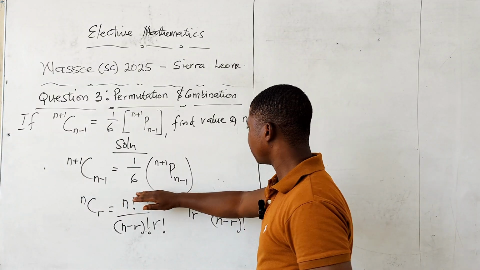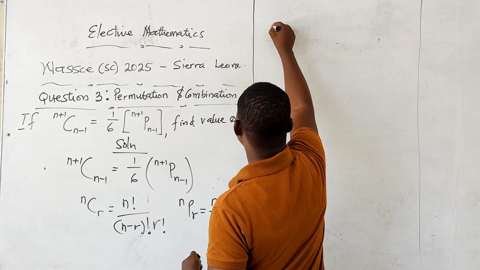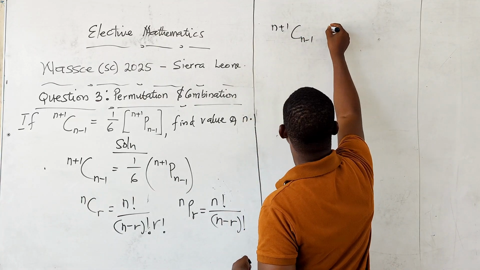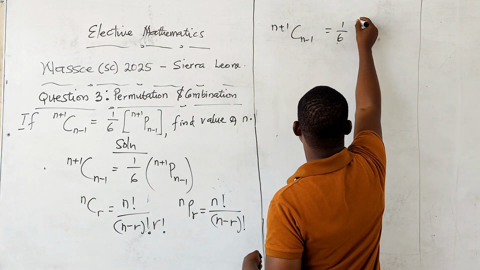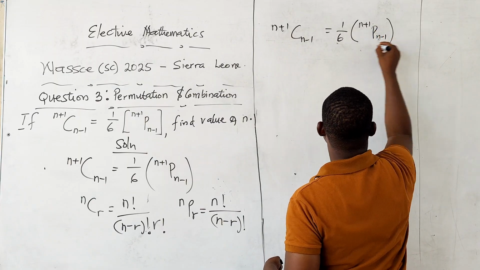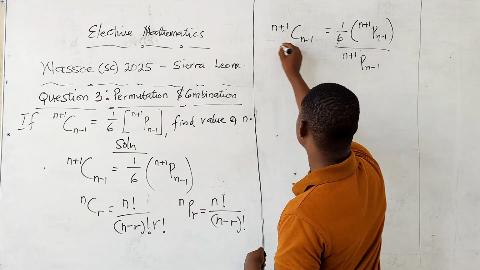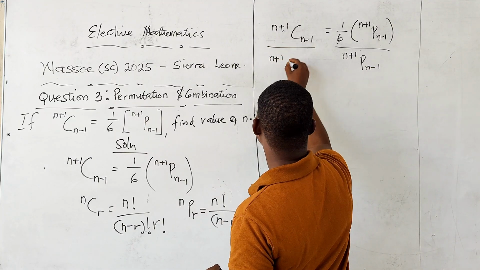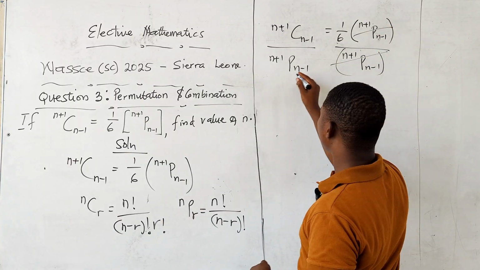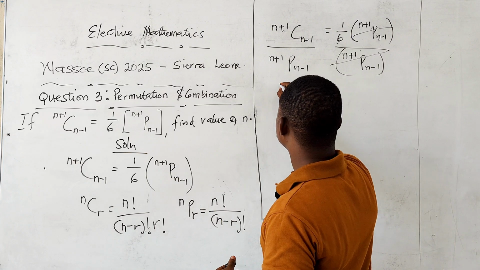We can divide both sides by the permutation. Let the permutation go here. So we can have (n+1)C(n-1) equal to 1/6 (n+1)P(n-1). So we divide here by (n+1)P(n-1), and here by (n+1)P(n-1). So this side is gone. So we have this one equal to that. But we said that